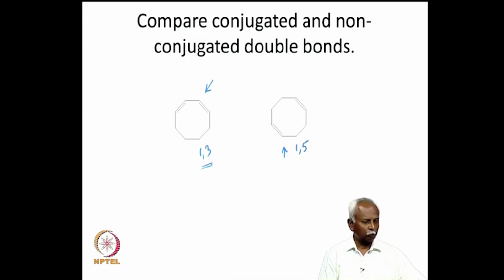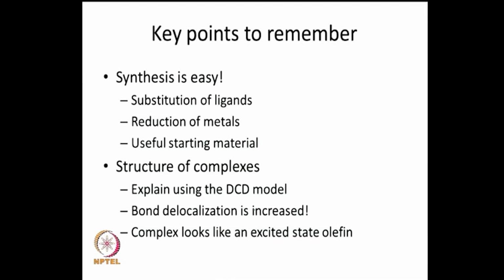I will now show you some of the key features of what we have discussed. So, let us take a look at the key features that we have discussed today. The synthesis of metal diene complexes or metal polyene complexes is fairly easy and follows the same route that one has to use for making olefin complexes. Usually one takes substitution of the ligands, especially carbon monoxide can be substituted, and a metal diene complex can be generated. Because the diene can be conjugated, it can act like a chelate, and you can form these compounds fairly